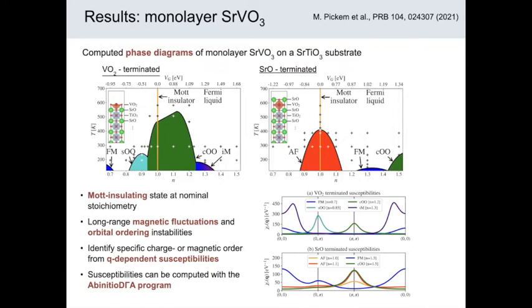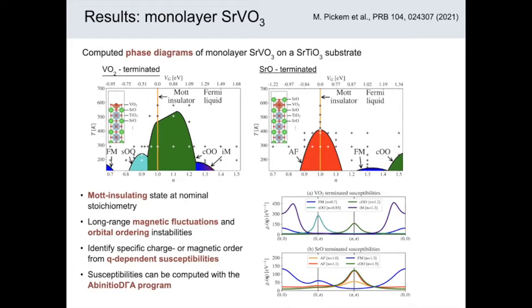So at the stoichiometry where you have one electron in the T2G bands, this yellow line in both phase diagrams represents the Mott insulator. But then the phase diagram is quite different for the two different options. And this phase diagram they obtained by computing non-local momentum-dependent susceptibilities, which is an